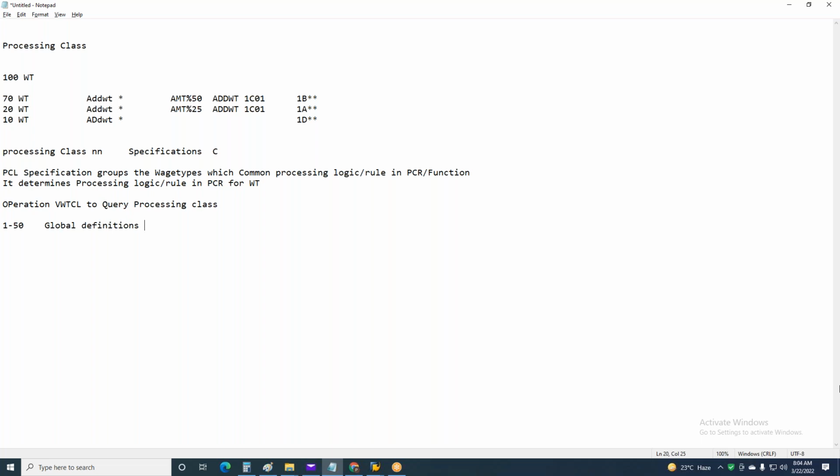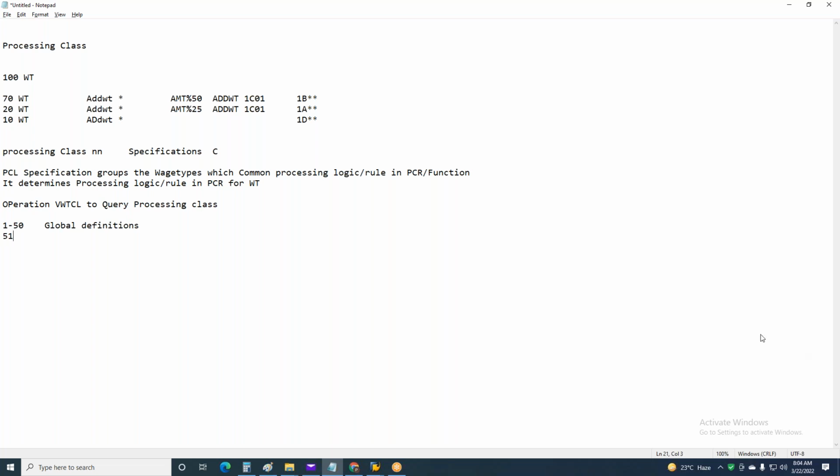If you take the processing class 01, it is used for rates of pay in all the countries. So SAP kept it common definition 1 to 50. Whatever the calculations common for all the countries, those calculations are handled by 1 to 50